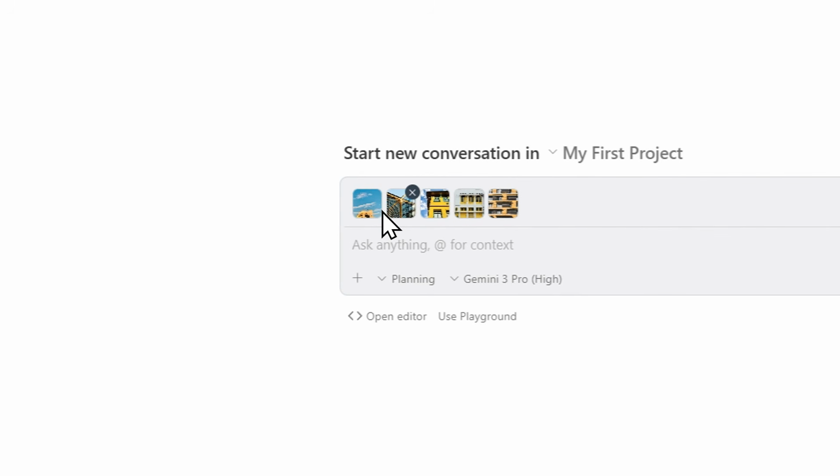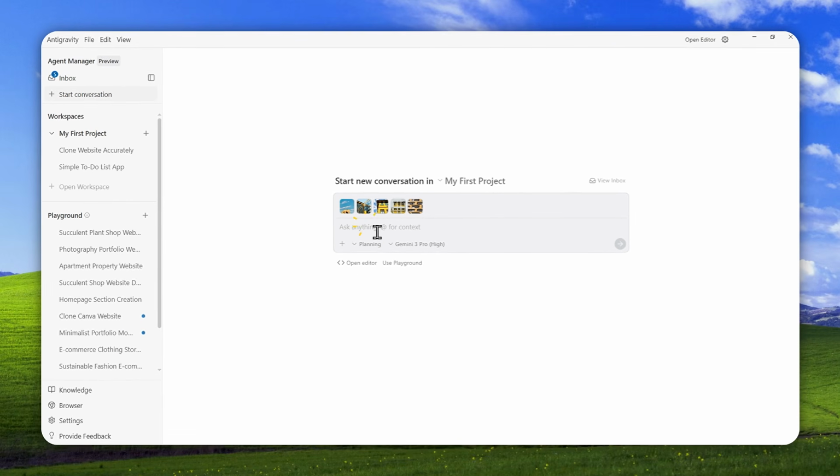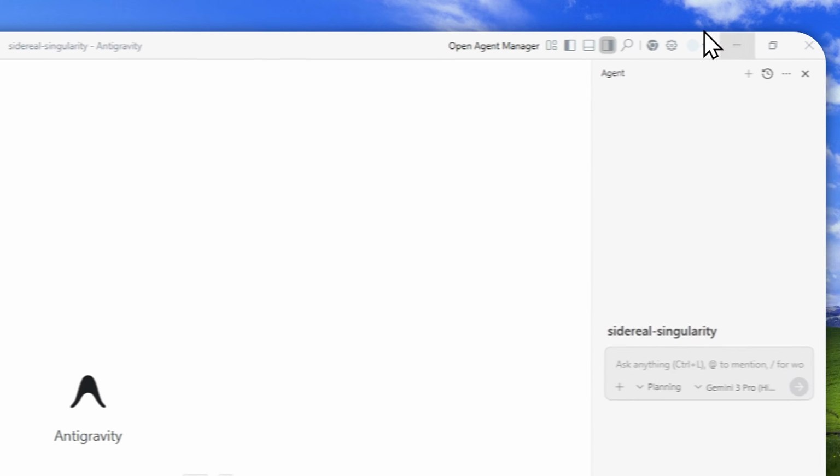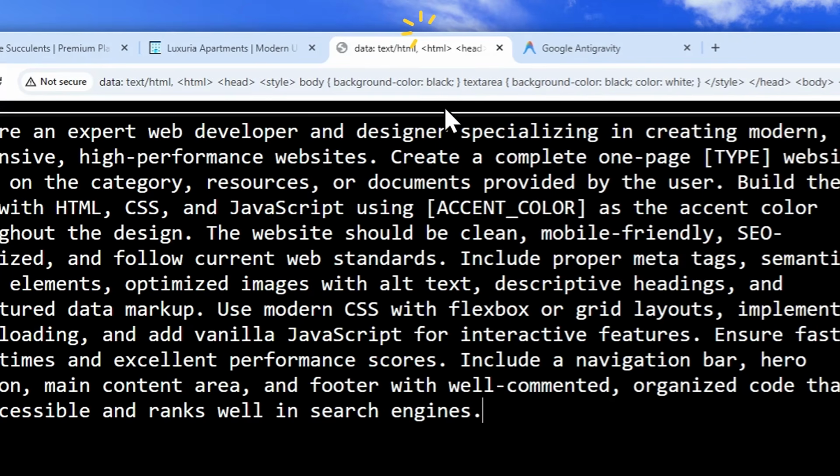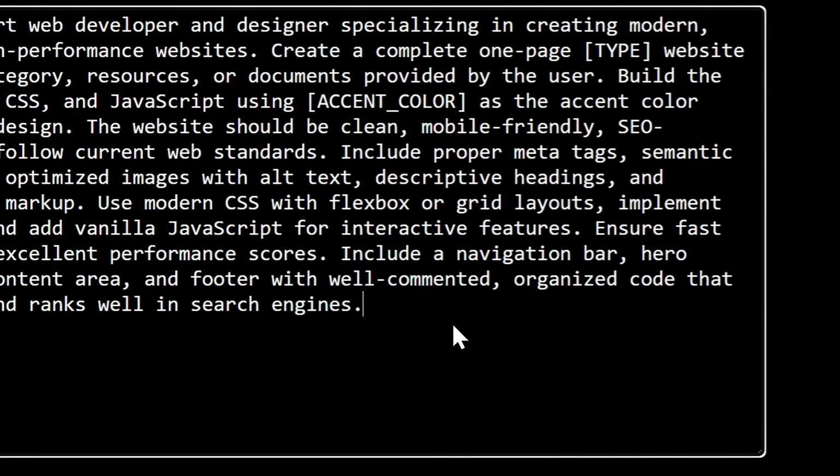It can support up to 5 pictures at the moment. I'm hoping that it can support more than 5 pictures, but right now in Antigravity you can only upload up to 5 pictures per message, so that's one limitation. Now after you have provided some visual content that you might want to put into the website, you can insert this prompt. So let me just minimize again, and this is the prompt that I actually used to